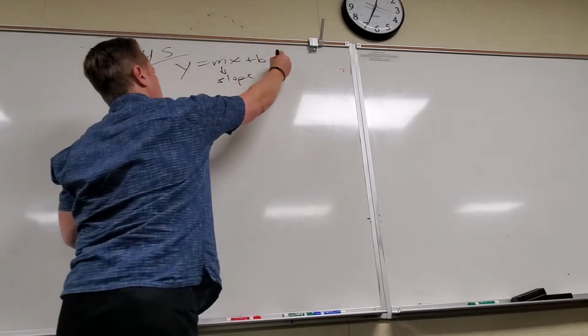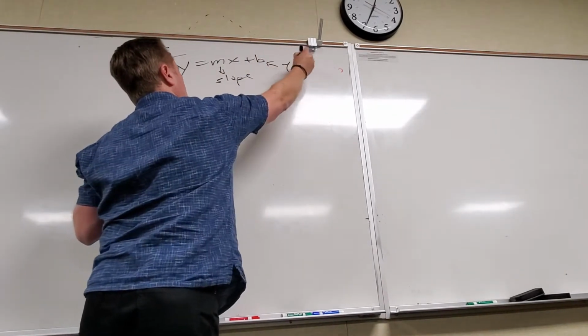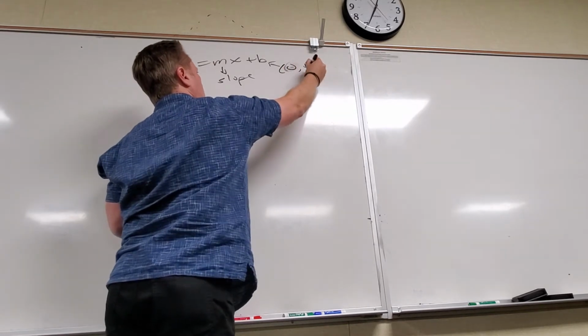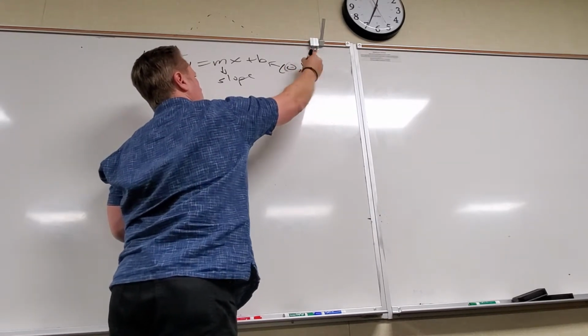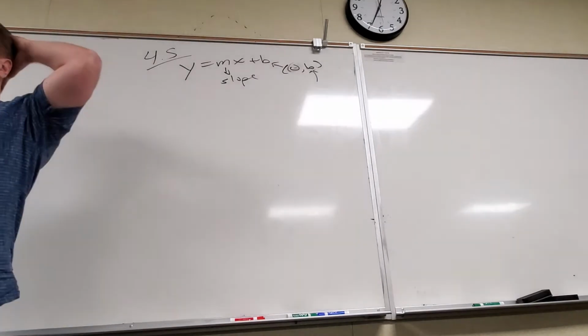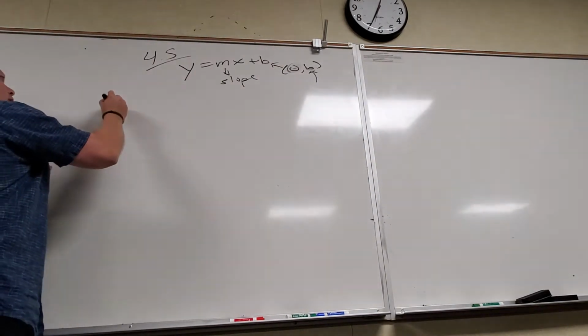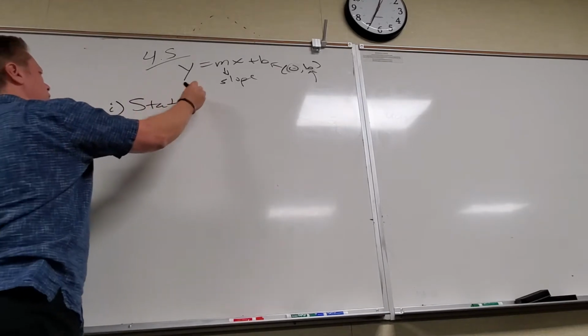What's the B represent? The Y piece of the Y-intercept? So it'll be like 0, B. All right. Okay. So if I said state the slope and Y-intercept